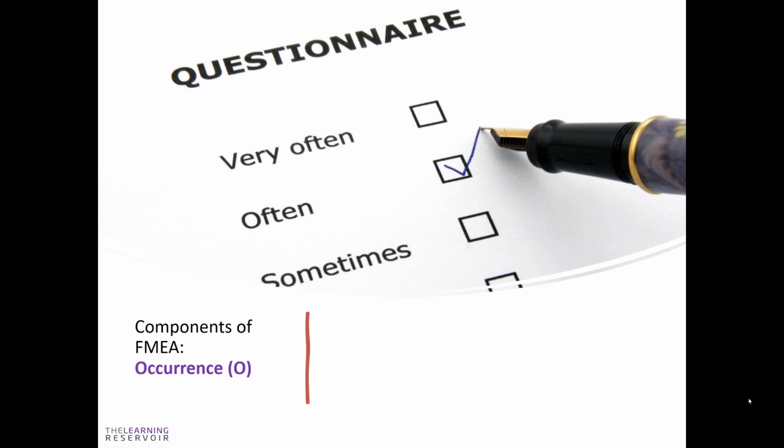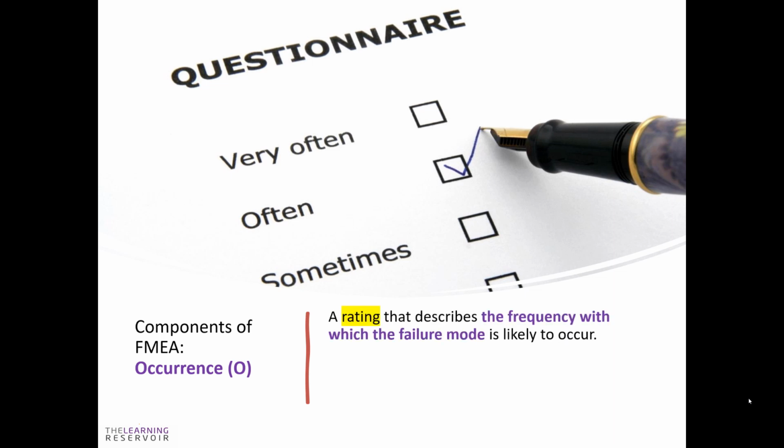The next component of FMEA is the occurrence. Occurrence is a rating that describes the frequency with which the failure mode is likely to occur. So how often does your coffee machine produce a cold coffee? That's what you're looking for. That's what occurrence is all about. And again, you can use a scale from 1 to 10, with 10 being the most frequent and 1 being